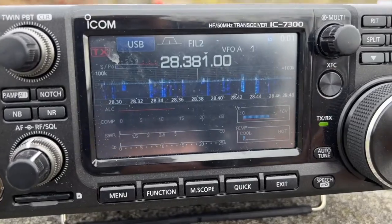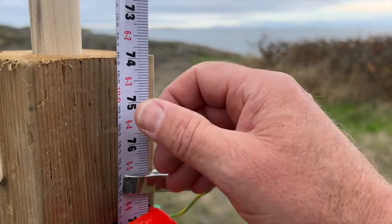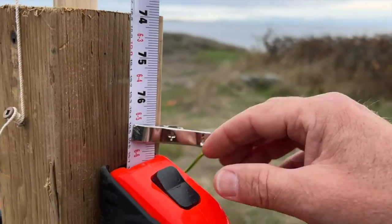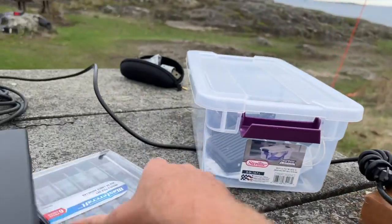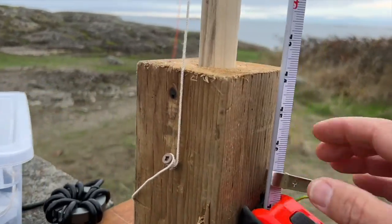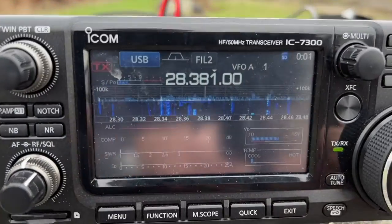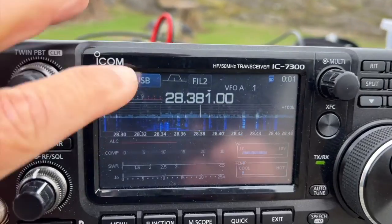Whoa! Oh, look at the waterfall. You are kidding me. I might shorten it a little. Let's start it just here, because I bought some files too. Sorry, I'm so excited about this. I'm going to probably file the back to get better conductivity, but we know that we can hear the bands loud. And look at the waterfall. So let's have a look at the SWR